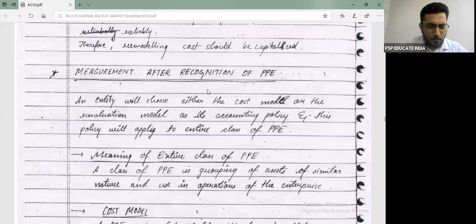राइट, ध्यान से समझना, बहुत इंटरेस्टिंग पॉइंट है। वो ऐसा बोल रहे हैं कि आप स्टार्टिंग में डिसाइड कर लो, जब आप असेट खरीदते हो तब आप डिसाइड कर लो कि मैंने आज ये प्रॉपर्टी प्लांट एंड इक्विपमेंट खरीदा है, ये प्रॉपर्टी प्लांट एंड इक्विपमेंट जो मैं खरीद रहा हूँ या जो मैंने खरीदा है, ये प्रॉपर्टी प्लांट एंड इक्विपमेंट को मैं कॉस्ट मॉडल से ट्रीट करूंगा या रीवैल्यूएशन मॉडल से ट्रीट करूंगा, ये आपको सोचना है।